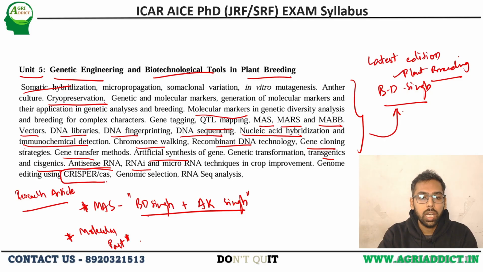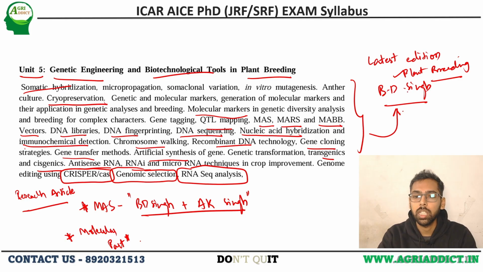And CRISPR, regarding the information on CRISPR-Cas, genomic selection, and then RNA-seq analysis. This genome editing and genomic selection has been mentioned in the book of B.D. Singh, and for genomic selection you can mention the marker assisted selection by A.K. Singh and B.D. Singh. And RNA-seq analysis, kindly refer the research articles which help you to get a crisp understanding